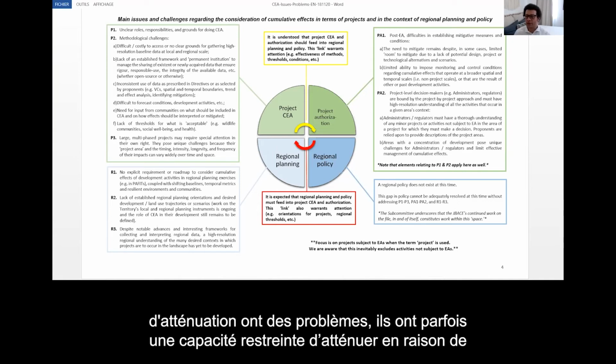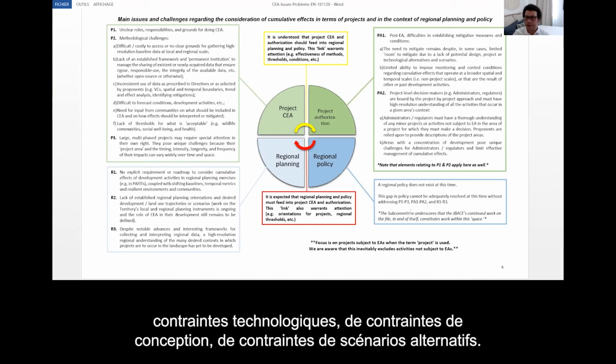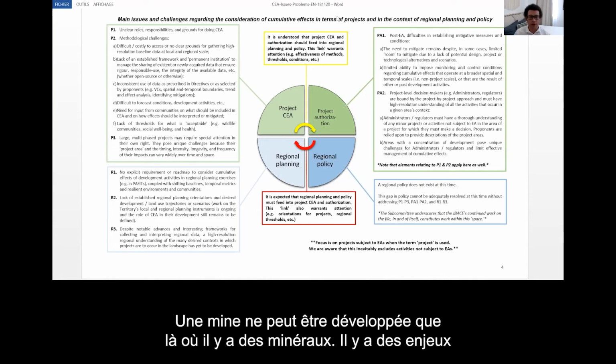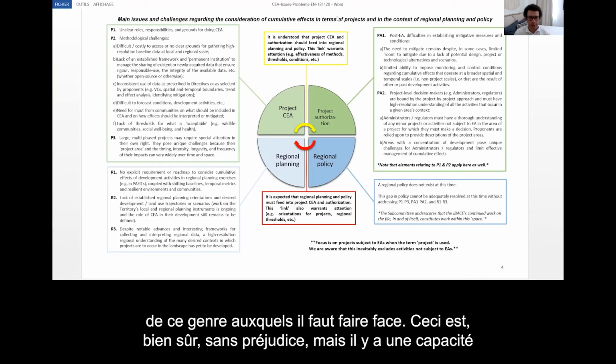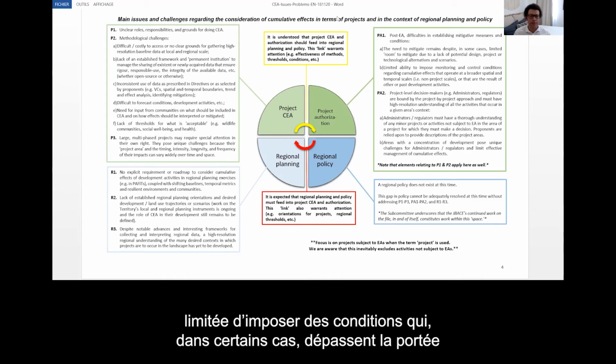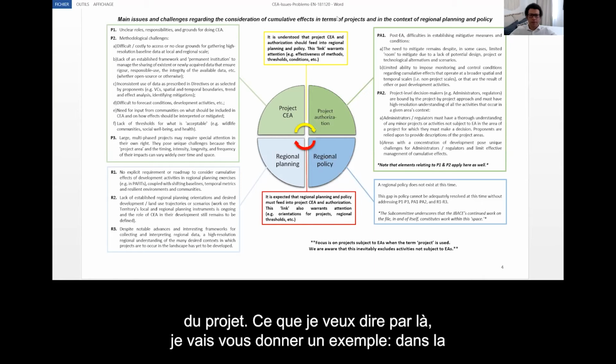Mitigators have problems because sometimes there's limited room to mitigate due to technological constraints, design constraints, alternative scenario constraints. A mine can only be developed where there's minerals. So there's issues like that that have to be faced. There's also, and this is of course without prejudice, a limited ability to impose conditions that in some cases exceed the project scope. So what I mean by that is